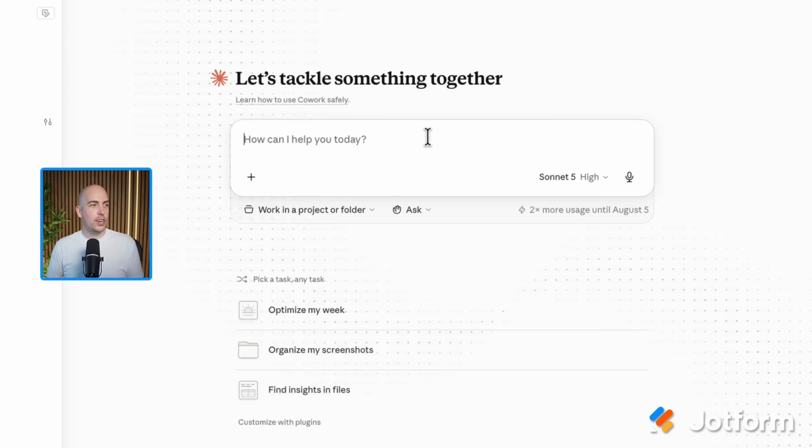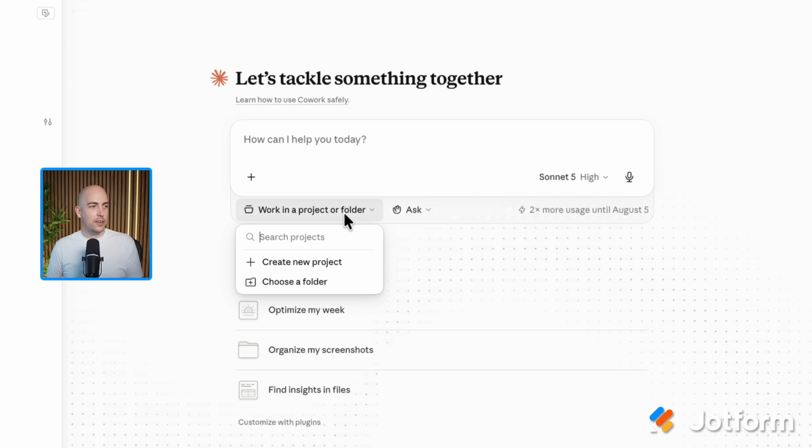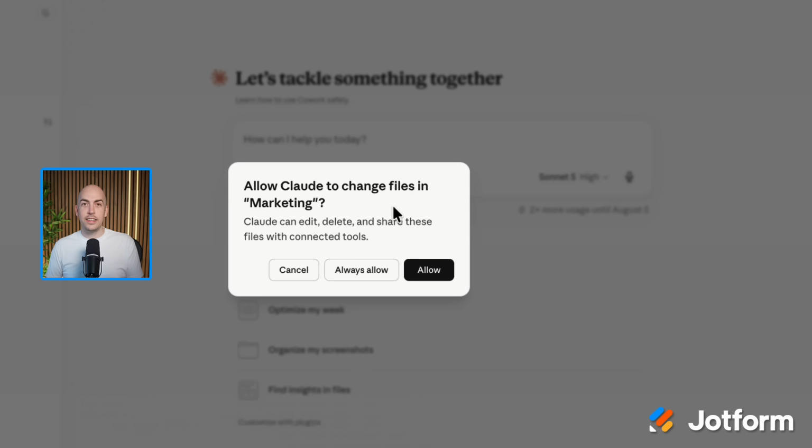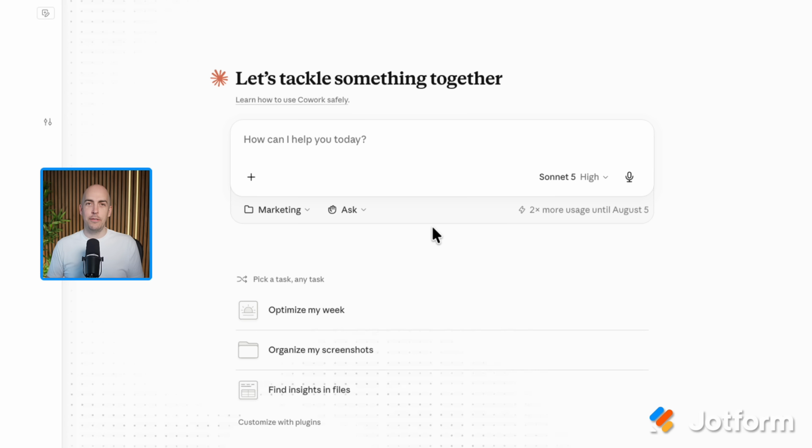So if I start a new chat in CoWork here, you see I've got the option to work in a project or folder. So I'm going to click on here, click choose a folder, and I'm going to select that marketing folder. Click open, and I need to give Claude permission to always access that folder to do what it needs to do. And that means Claude has all of the context across all of those files now, regardless of